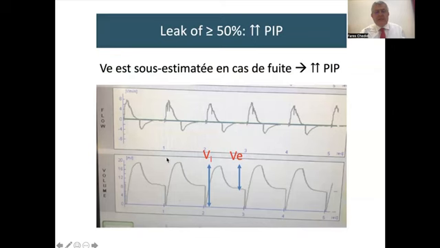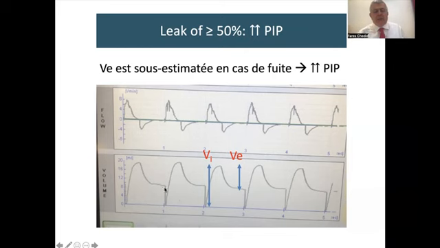As you can see here in this graph, this is a patient who has a leak because you see the inspired volume is the area under the flow. This is the flow, this is the volume. You see the area under the curve of the inspiratory flow is much bigger than the expiratory flow because there is a leak. What came into the flow meter during inspiration didn't come back due to a very big leak.